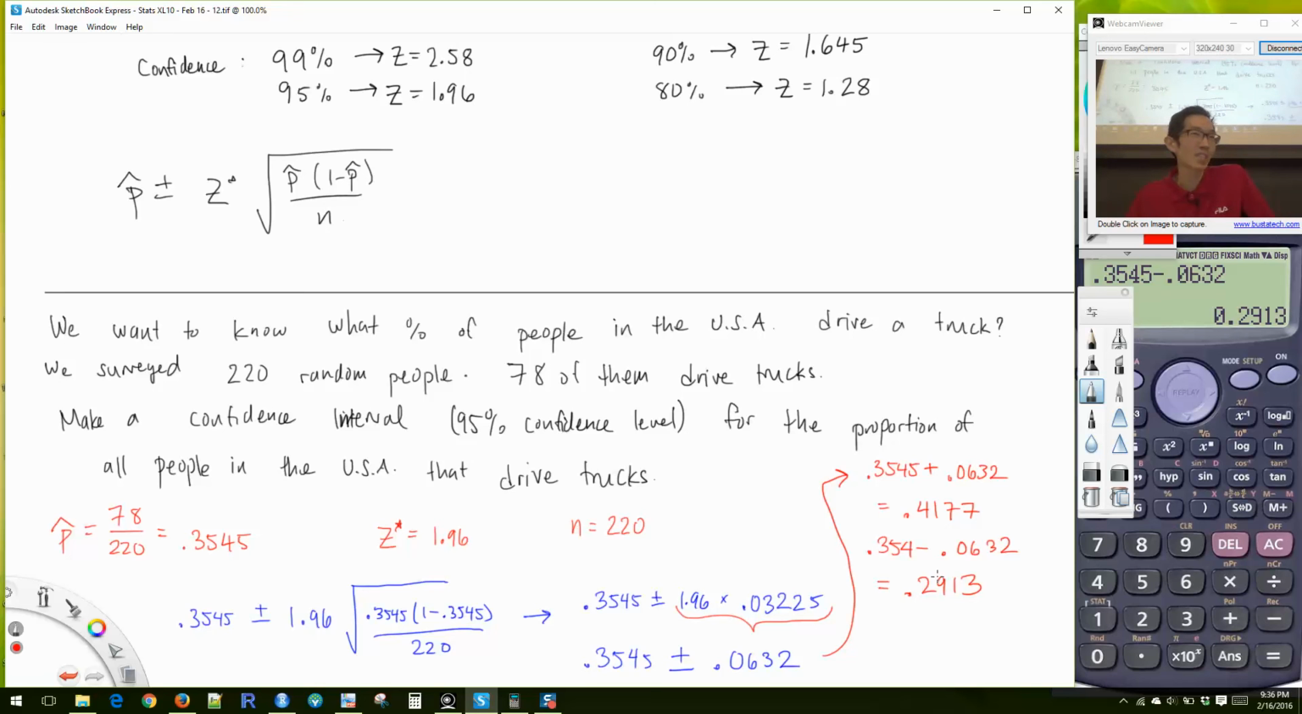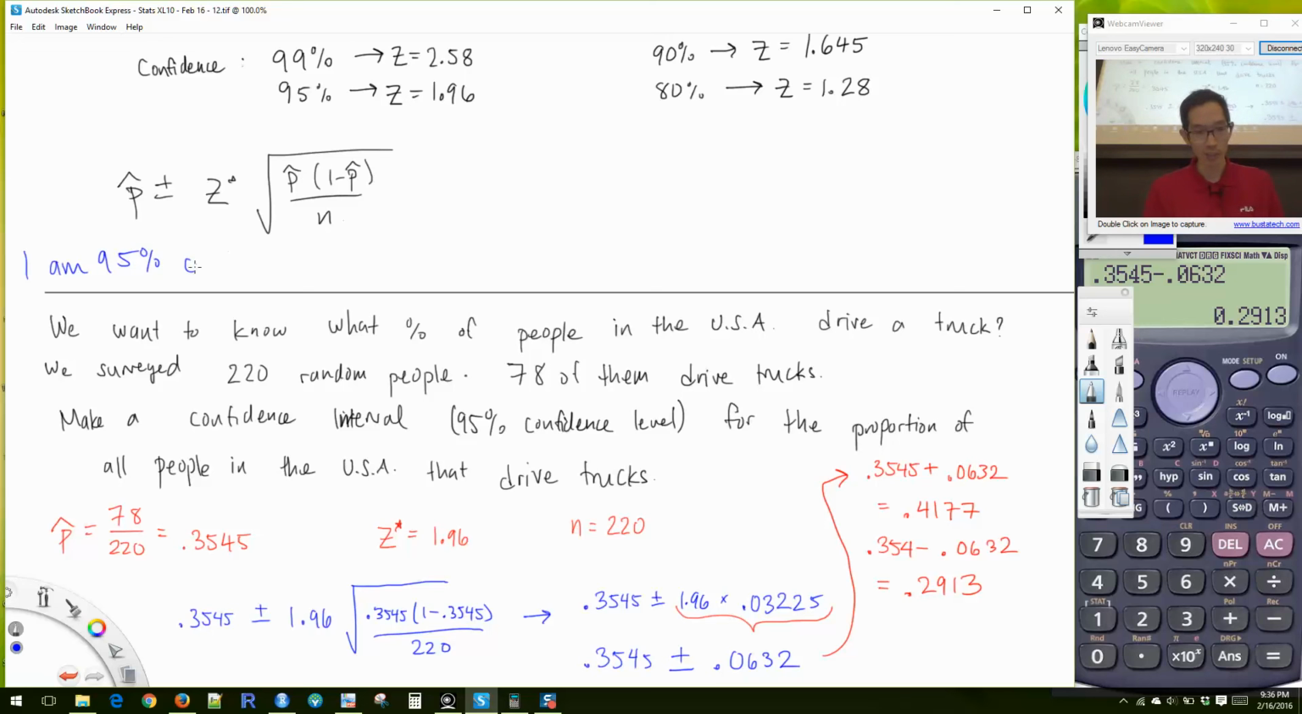Okay. It's quite a big range, but that's because I've only surveyed 220 people, and not even, I just made these numbers up. But we're saying, okay, well, what percentage of people drive trucks? Something between 29 and 41%, 42%, something like that. Okay, so my answer is I would say I am